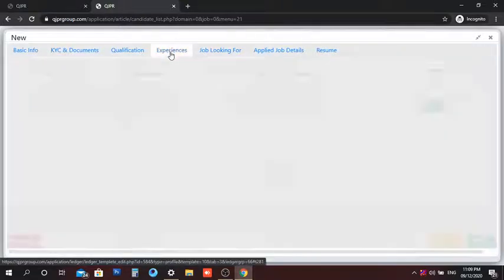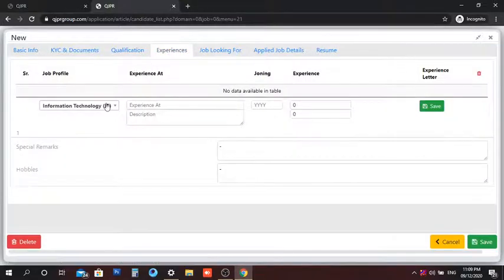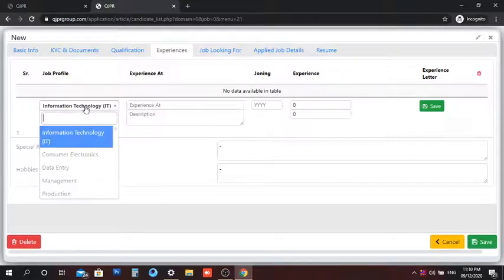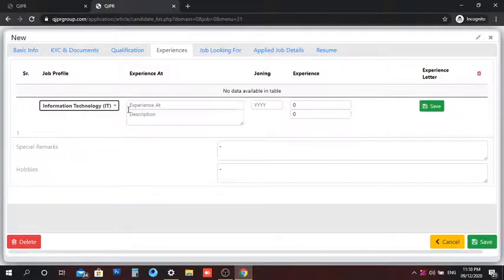The next option is experience. So the candidate who has applied has an experience in IT company. And here you need to mention the company where he or she has worked and the joining date, experience.